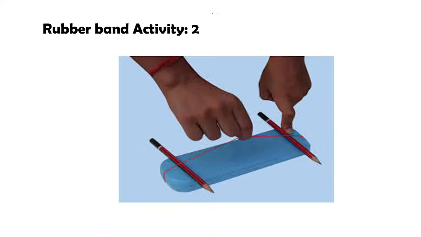Another activity which you can definitely do at your home. You take a compass box, and what are you going to do to that compass box? You insert a rubber band, stretch the rubber band and put it aside like this, as shown in this picture. And you can raise the rubber band by inserting two pencils at the end. Now you can gently pull the rubber band from one side. What you will notice after some time is that this rubber band will start vibrating. You can do this activity at home today. Once you finish the class, you can try out this activity.